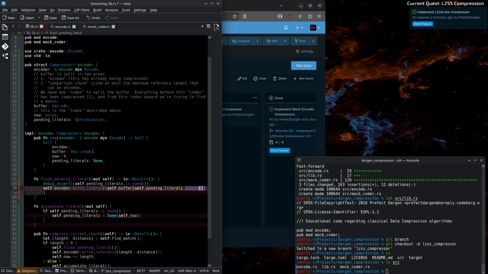Expect. So why am I using expect instead of unwrap? Because it should work every single time. So if it doesn't work, it is because